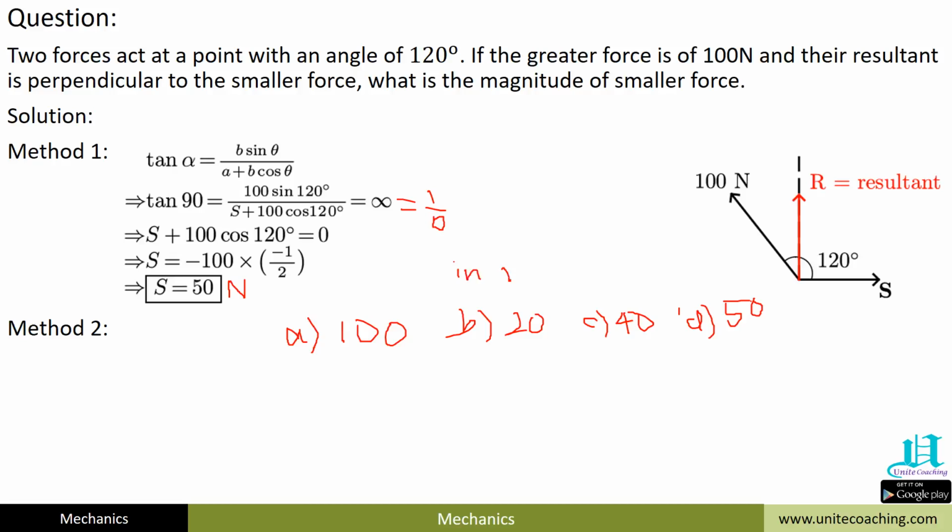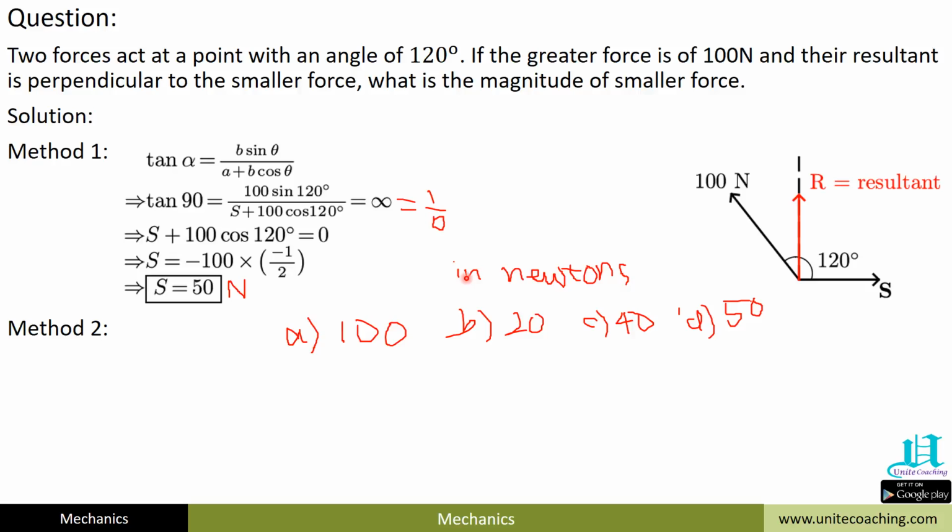Right, so if they ask in the question, find the magnitude of the smaller force in newtons, then they will give you answer options like these: 120, 40, 50. Then you will simply tick the 50. But if they don't tell you in the question that you need to find the smaller force, and then they will not give you what